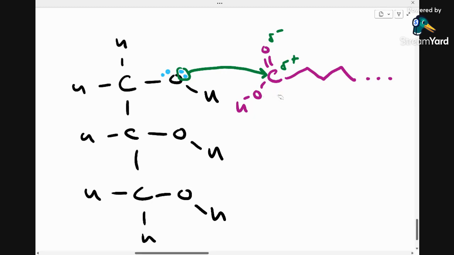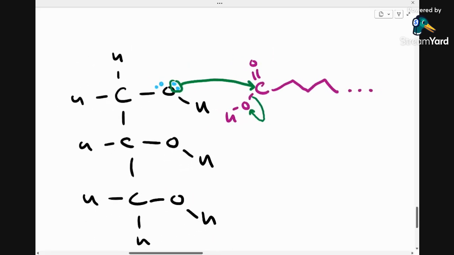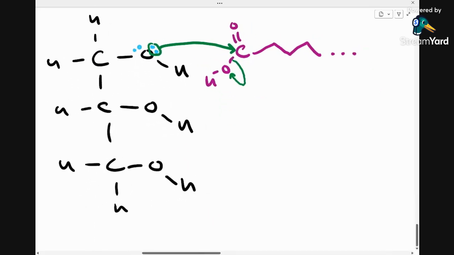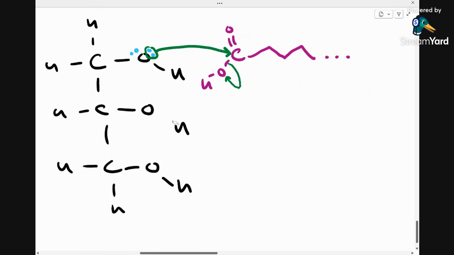I'm just going to get rid of the delta charges just to make my drawing a little easier. What then is going to happen, not immediately, there is a caveat to this, but essentially what then happens is this bond here then breaks and gives its both electrons back, both oxygen's initial electron and the one from carbon to the oxygen here, and that produces OH minus, and we've formed the bond in blue. So if I draw what we've actually produced, if I draw it in blue here, so lone pair here, the lone pair here has now formed a bond to the carbon,